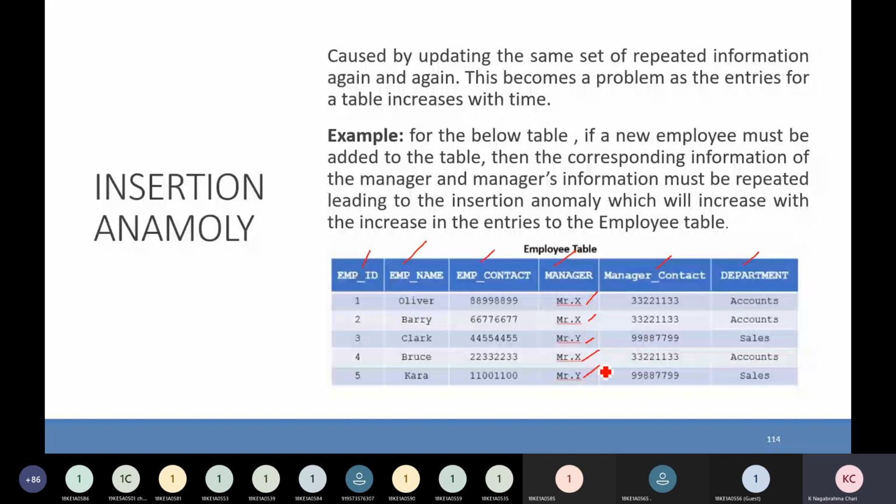This creates a problem in database design. When adding more data, the same data is repeated, so the database size also increases. While designing the database, we have to eliminate this type of insertion anomaly. This is the best example for insertion anomaly.